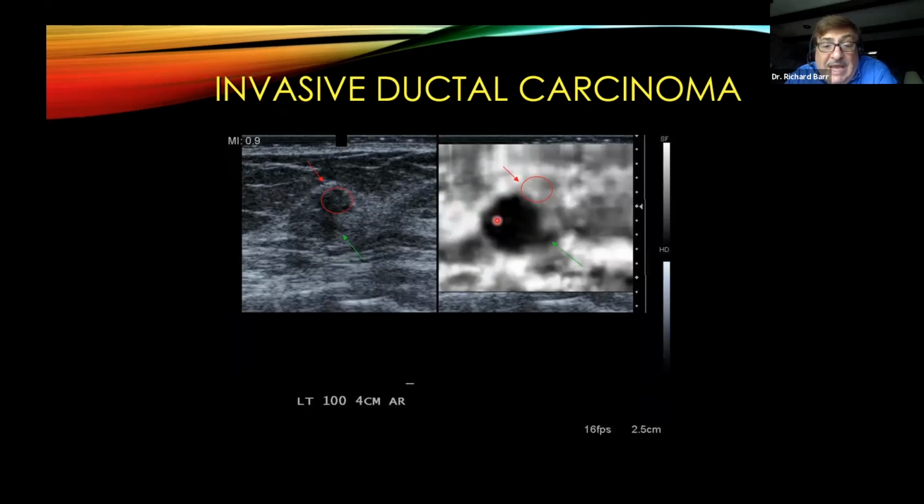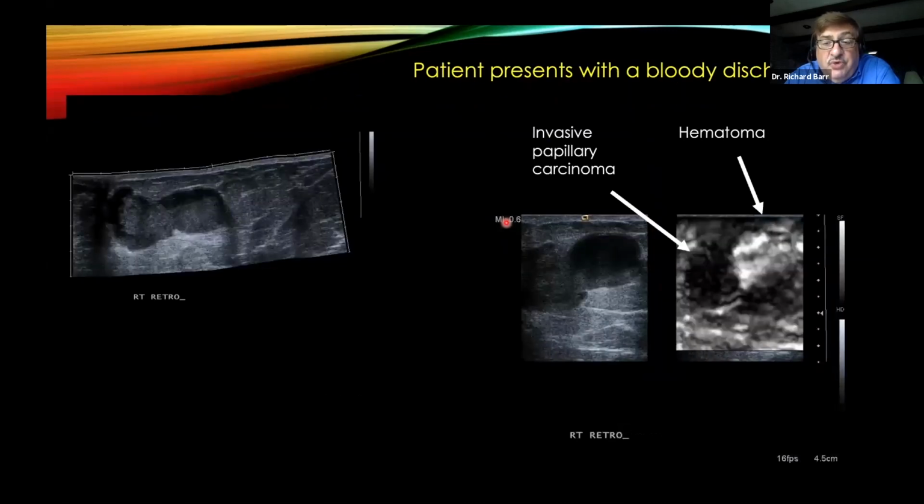So we like to use this even in BI-RADS 5 lesions because we've now seen several cases where there's a benign lesion next to a malignant lesion, and we think they're one lesion on B mode. So we use this to guide our biopsies, and we biopsy the stiffest area to get the best radiology pathology correlation.